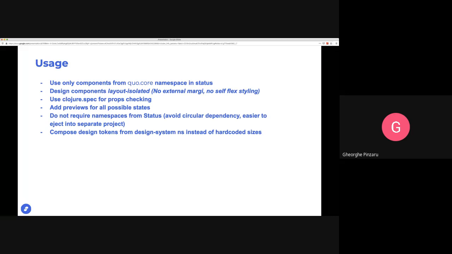Also, we should avoid external margins because if an element has some margin, we cannot remove it. But it's easier to add external margin by wrapping a specific component in a view which will have margin or padding. To document and check that props are correct, we